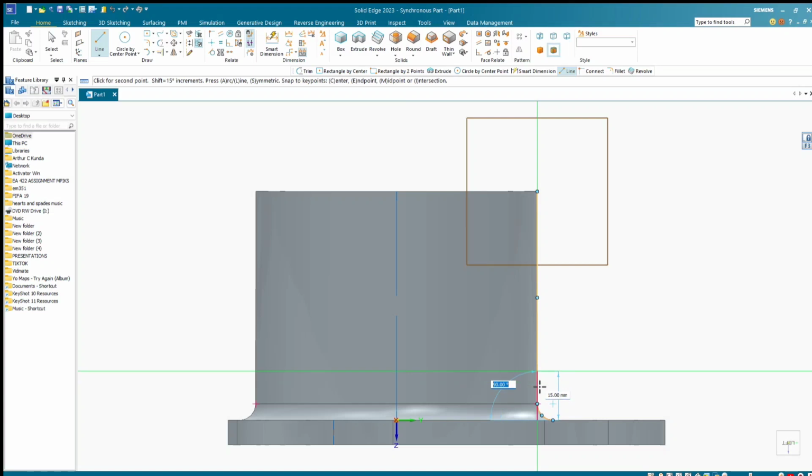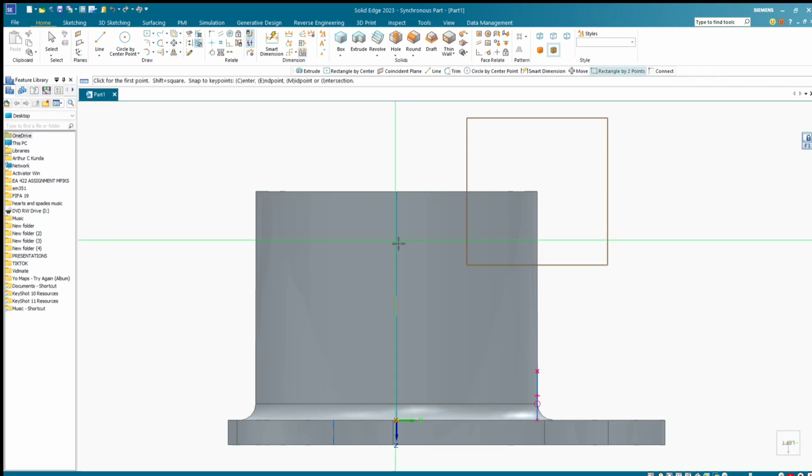Yeah, so 15 there. At this point there's going to be a cut, an in cut, that is 3 millimeters. So there's going to be a cut with a depth of 3 millimeters around the part. So to do that, go to the little arrow next to rectangle, select rectangle by 2 points. I hope you follow my voice if you can't see what I'm talking about. So go to the little arrow there next to rectangle by center, select rectangle by 2 points, then go to